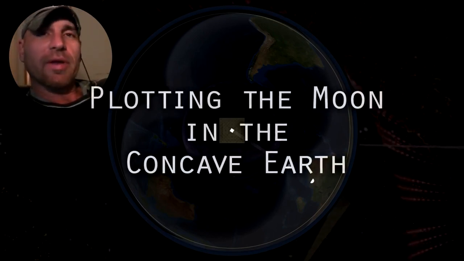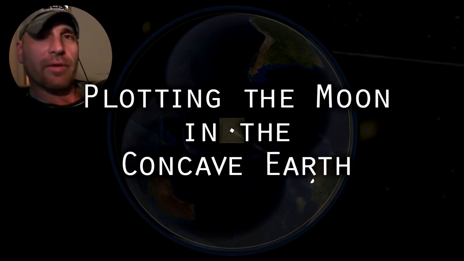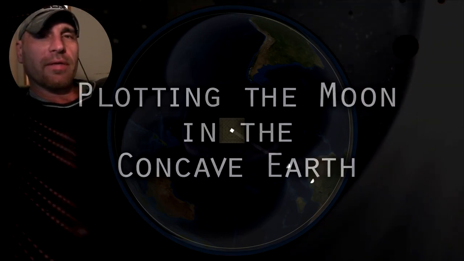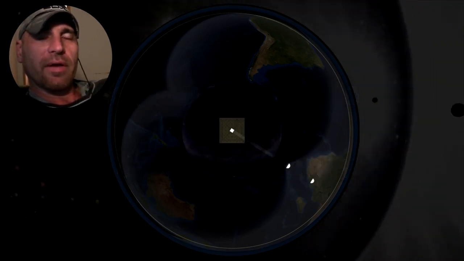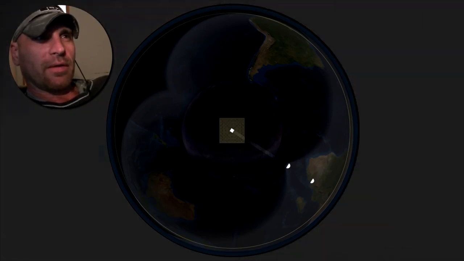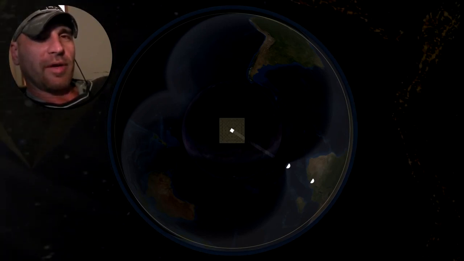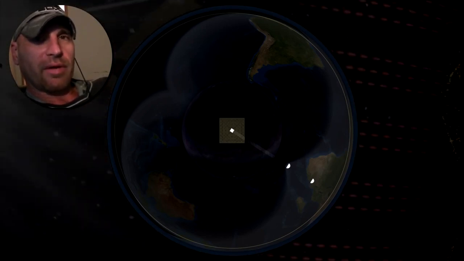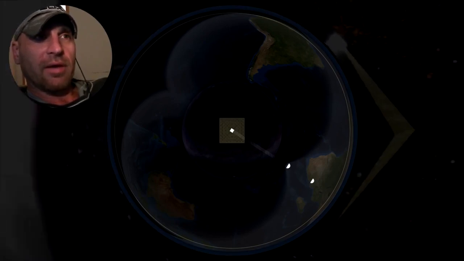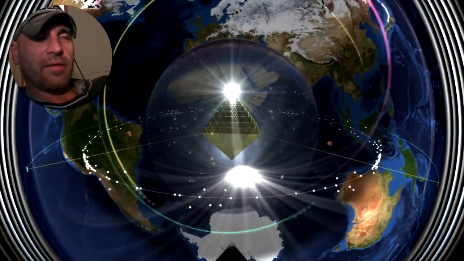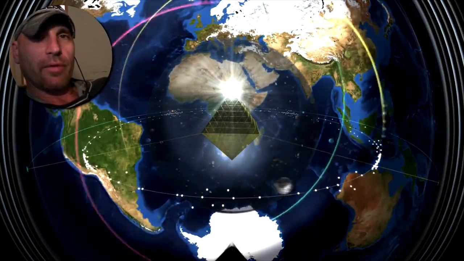Okay, plotting the moon within the concave Earth. This is a top-down view. We're looking at the celestial sphere in the center, the sun, and the moon. The celestial sphere has a pyramid in the middle, which is hidden by the dark waters and the thick clouds of the sky. The nebula is encased by a celestial crystalline sphere, which has the celestial ocean, which contains all